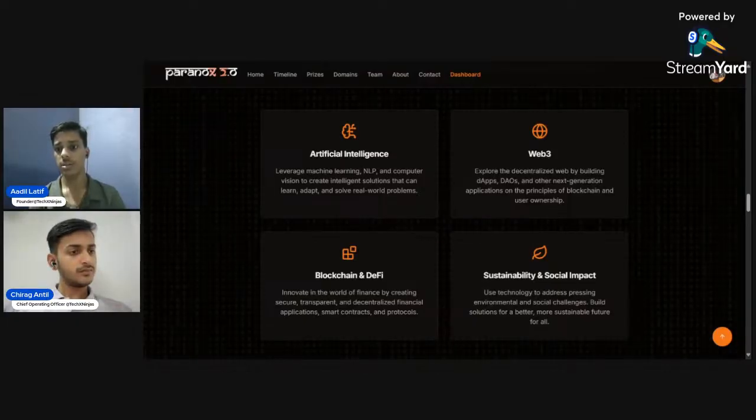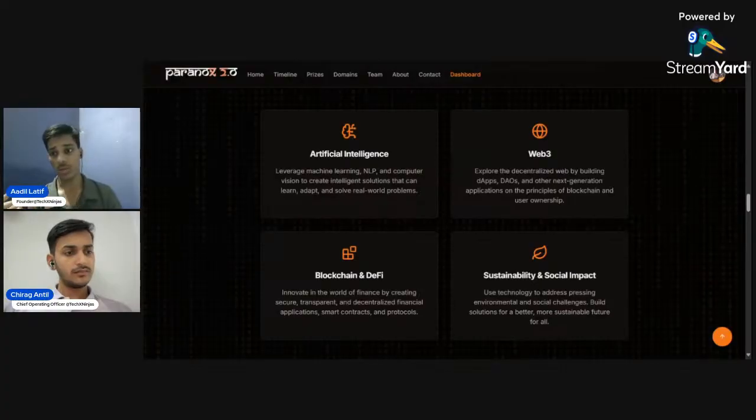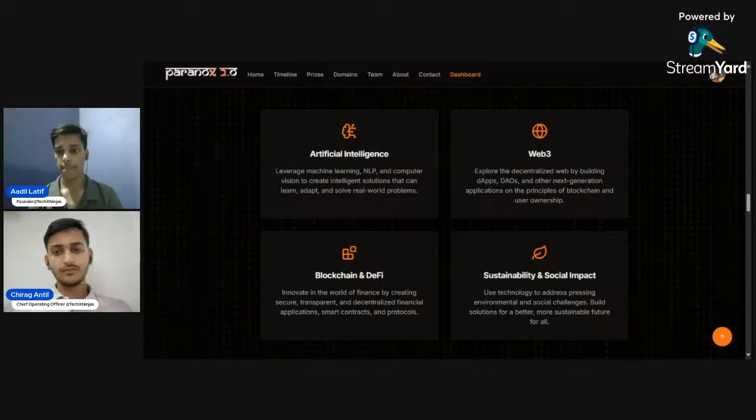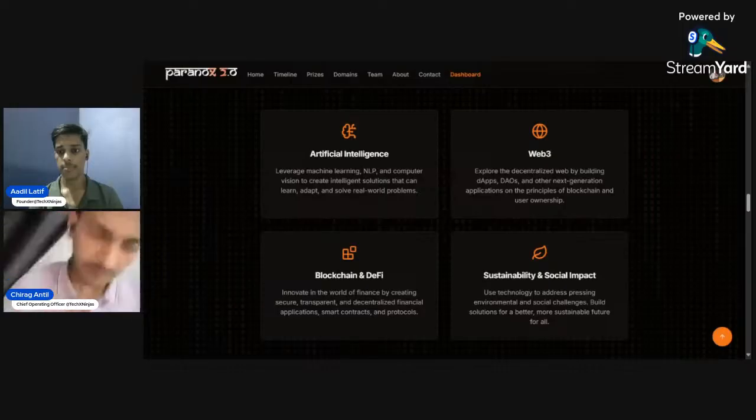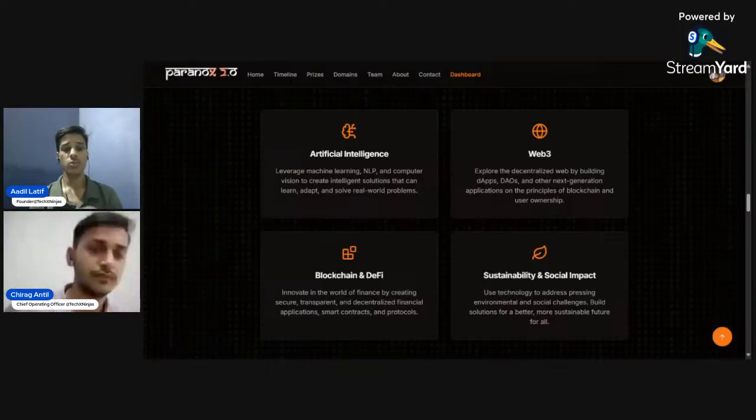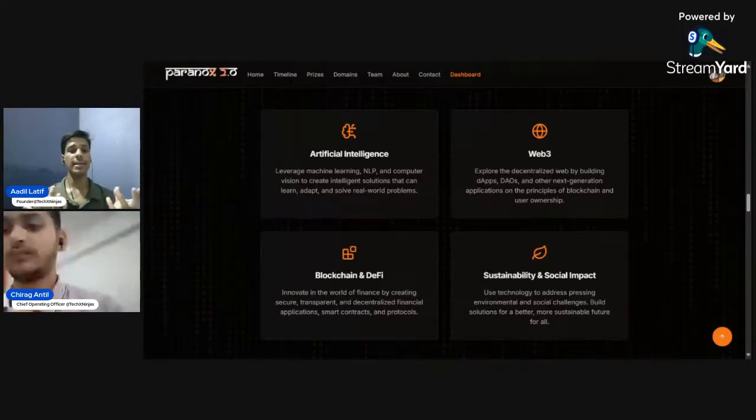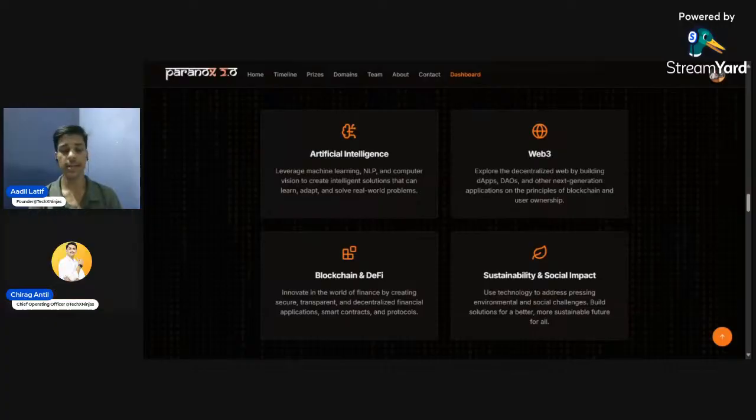I have a doubt regarding the domain. Are the projects going to be exactly according to the domain? I'm not able to understand this question. Can you please explain a little bit? There is no need to worry that you have to align it 100%. It is not mandatory. If your idea touches AI, then you can submit it in the AI domain.